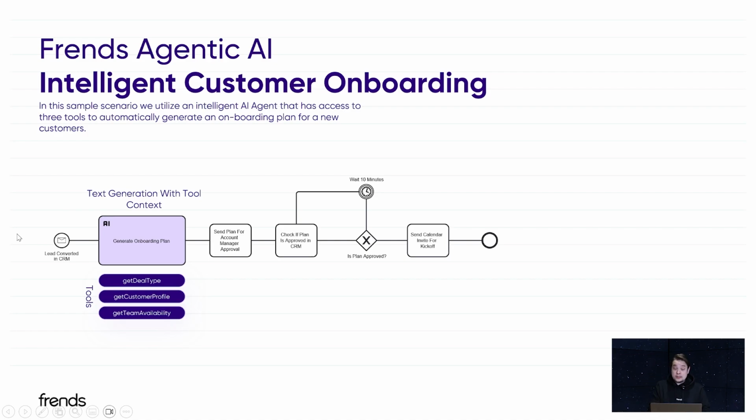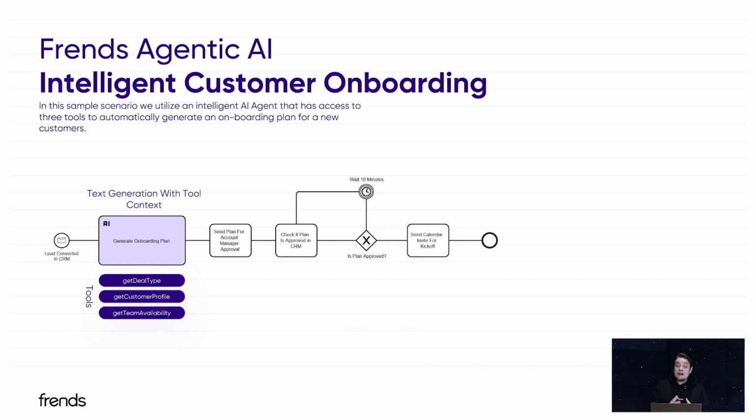And what they need to do is now generate a customized onboarding plan. And in this case, we've actually created that with an AI agent that has access to 3 separate tools to get the deal type that the lead is actually working with, the customer profile of the lead, and the team availability of who's actually now working with that particular